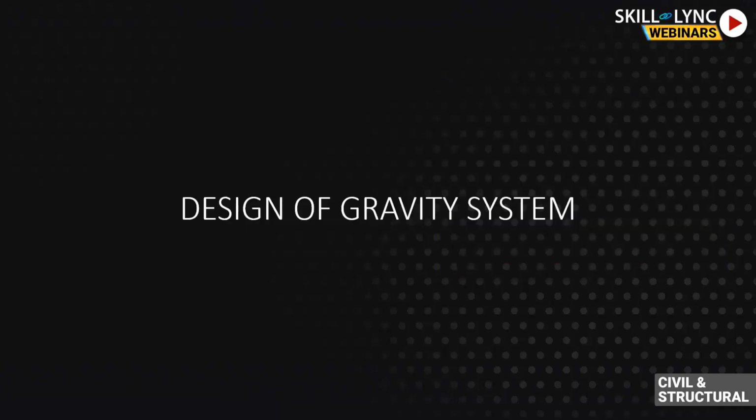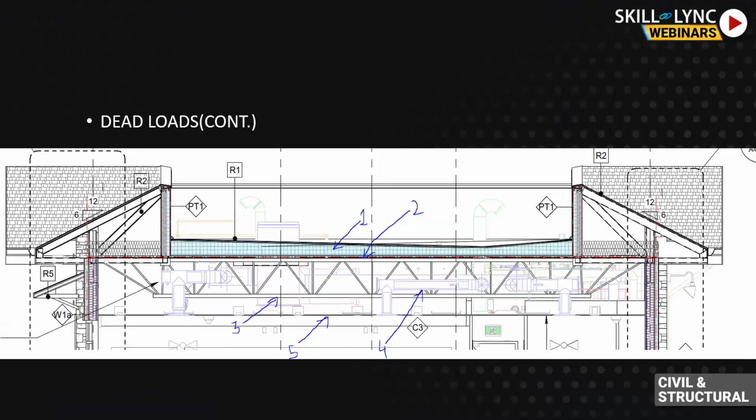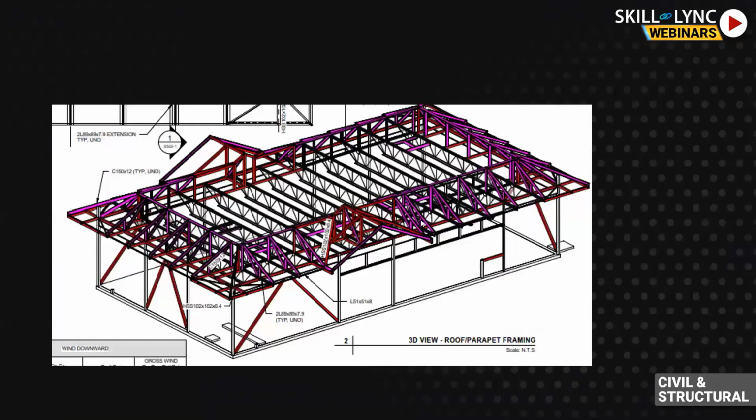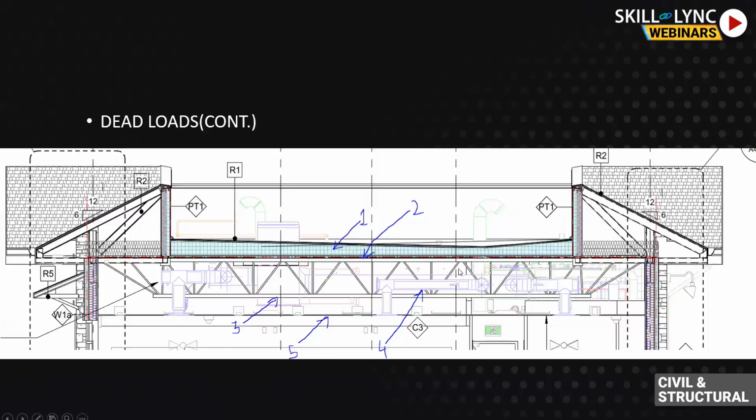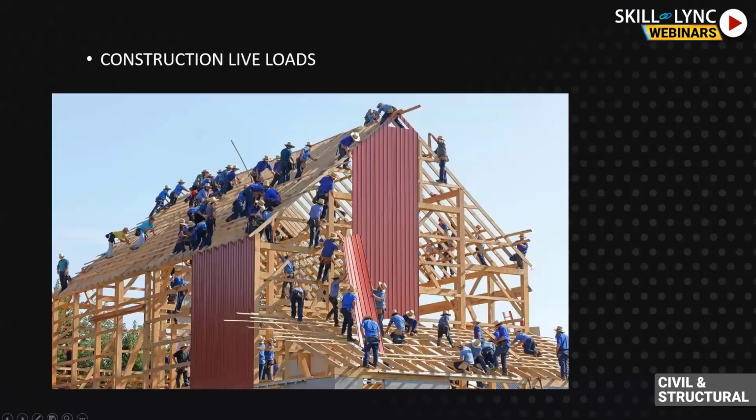Now coming on to the next point, design of the gravity system. As I quoted before, here we are talking about the gravity system, which is these columns here and beams on top of them and joists on top of them and metal deck and some secondary elements. I'm not going to go in depth on what this gravity system design is. I suppose most of you already know how to design a beam, a column, a joist, a slab, or any secondary elements. So you go in and design your gravity system, and similarly you design your lateral system.